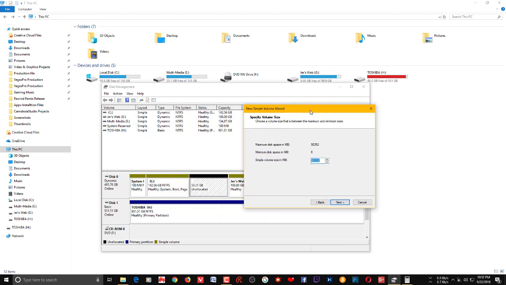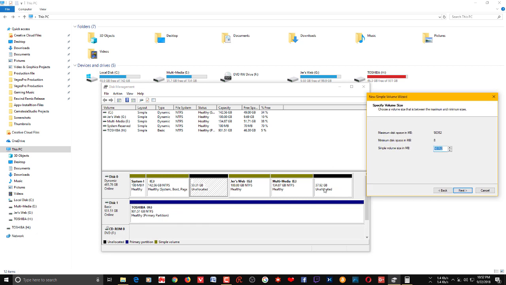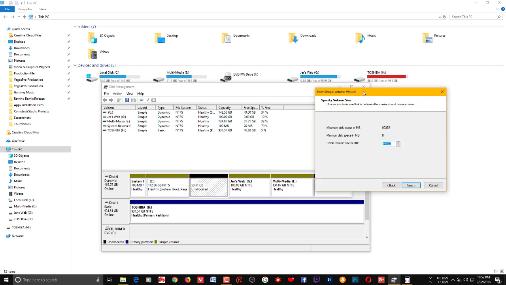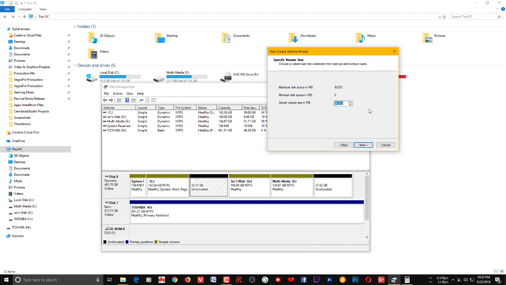So I want 50 gigabytes, right? This is a volume available. However, I can't actually use that much, because that's including maybe, oh yeah, I can actually use this, because you can see that there is a 37 gigabytes here and there is a 50 gigabytes here. So I'm going to merge both this and this together. So I have 90 gigabytes. So click next,